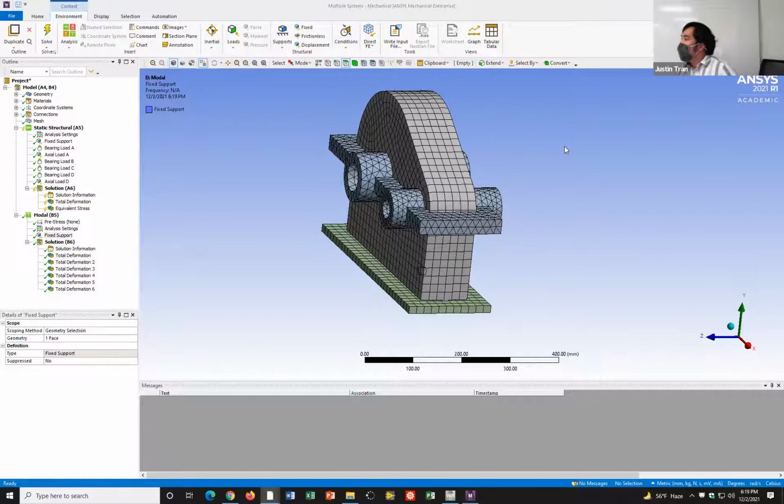Question: do the frequencies work the same way, where in order to be more accurate, we need to refine the mesh? Yes, definitely, that's something you should do. It's good to check the convergence of modal. I actually don't know how quickly modal converges. My impression is that it converges very quickly, so I don't think you need that refined of a mesh to get an accurate modal analysis. But I could be wrong because I've never actually tried it myself. My impression is that it's not that sensitive to the mesh.